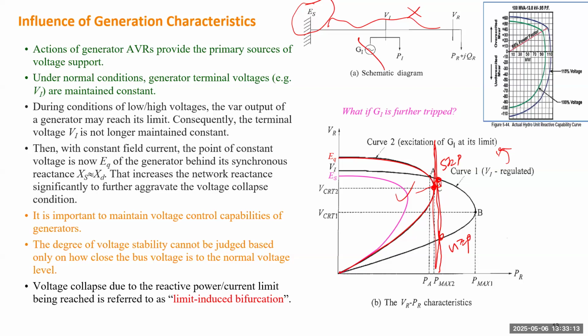Okay, so for this case, after the first switch happened, the condition A will get closer to the critical point in the new condition on the second curve. And when the generator trips, it goes to curve number 3, and the system will collapse because that loading condition cannot intersect with the third PV curve. And this is called limit-induced